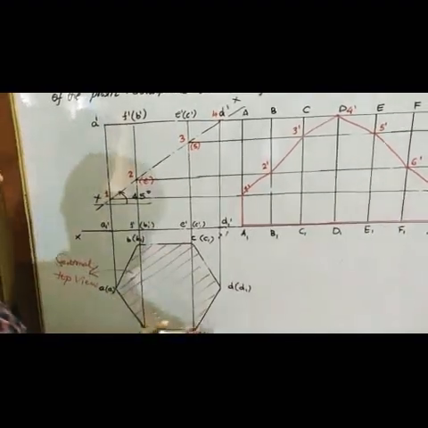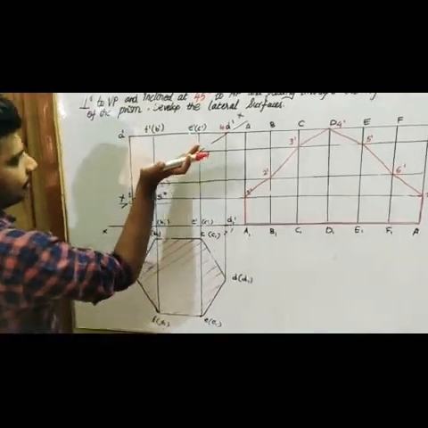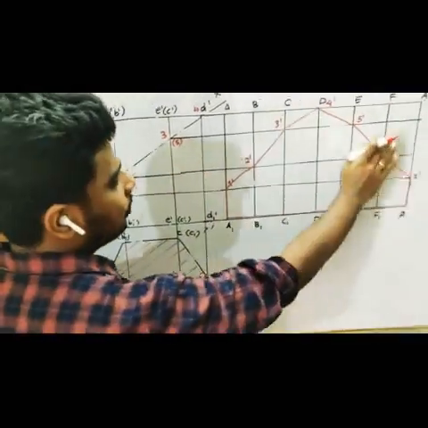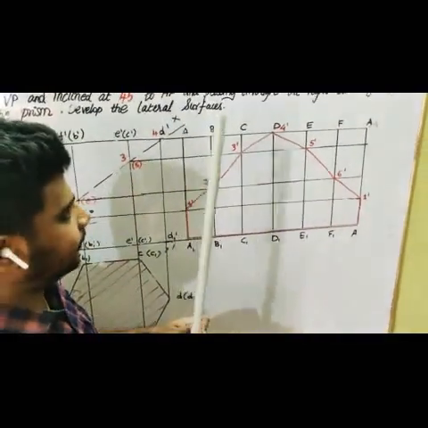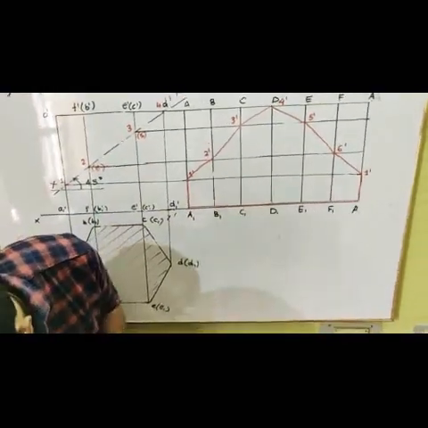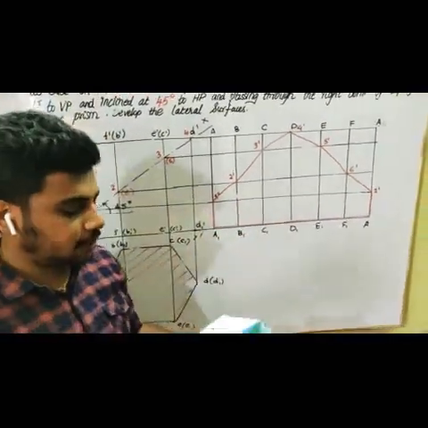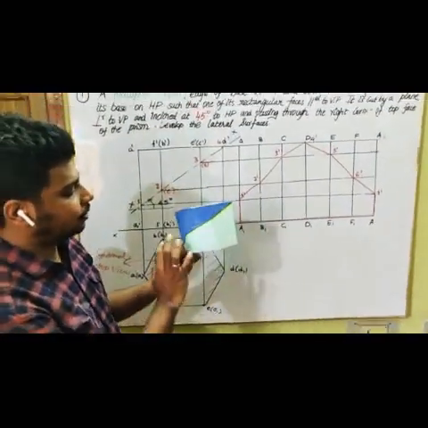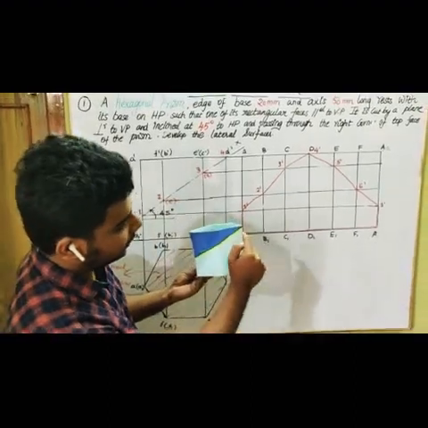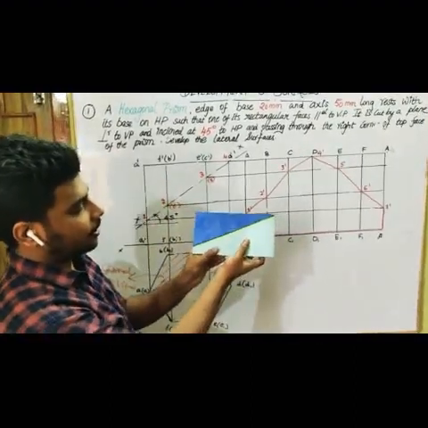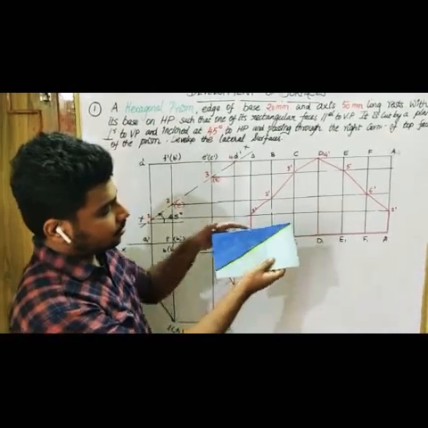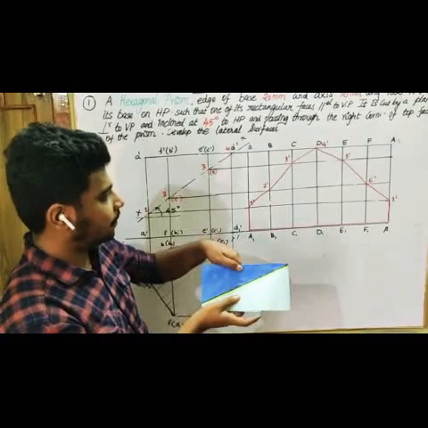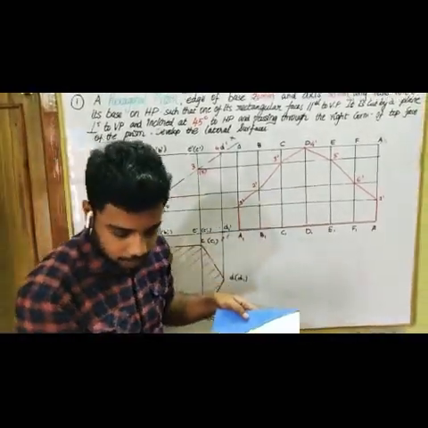This portion is called the sectional top view, because you are removing the top portion and just showing the sectioned one, right? So this is your developed cut plane, right? Now I am going to check whether I am getting the same shape here. As I told you, this is my object. I have shown the cut plane here, which is highlighted. The highlighted one will be the cut plane like this, right? I am going to make a cut and remove this blue part and compare my cut section with my experiment.